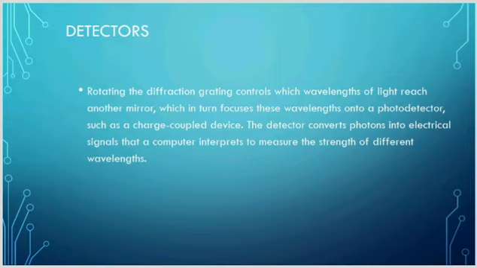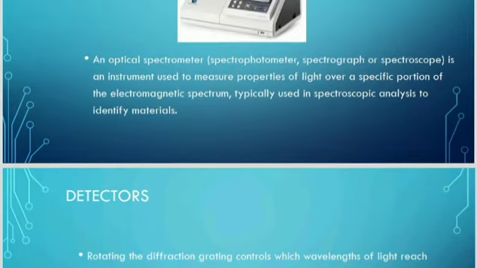Next, detector. In the low cost spectrophotometer, a simple phototube is used as a detector, while in the costlier instruments, the photomultiplier tube is used as a detector. In principle, both detectors generate a photocurrent, the magnitude of which directly depends upon the intensity of the light falling on the detector. However, the photomultiplier tube is many times more sensitive than the ordinary phototube.